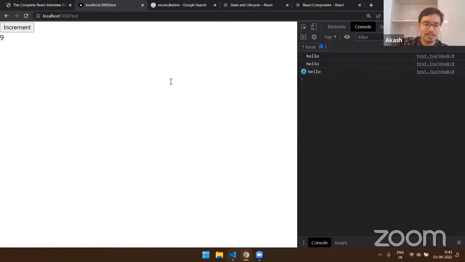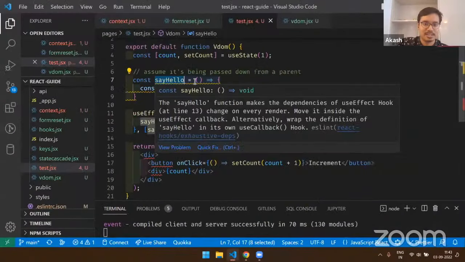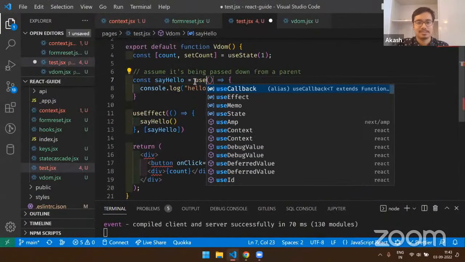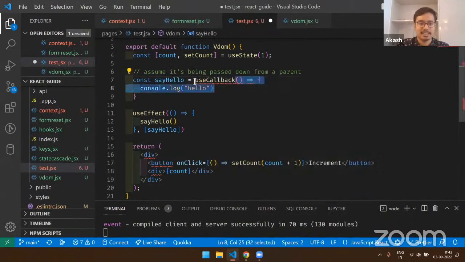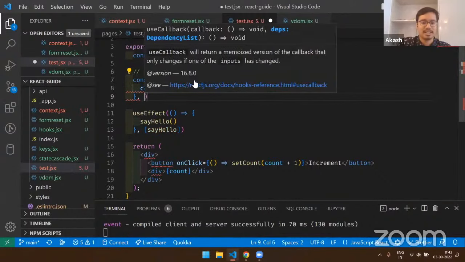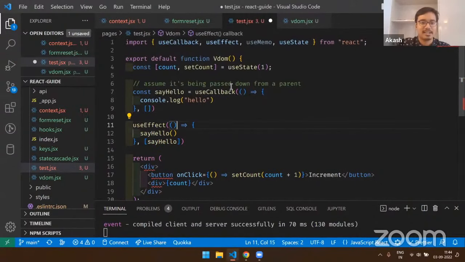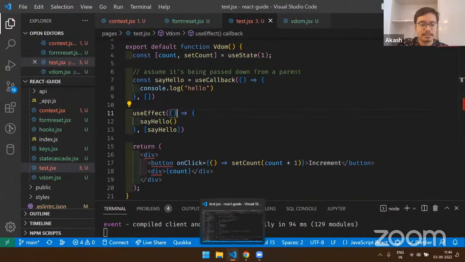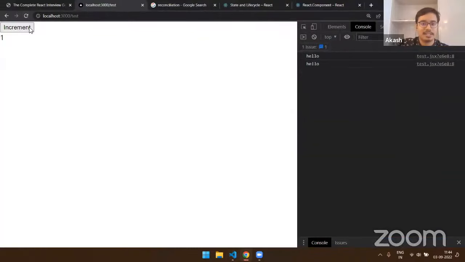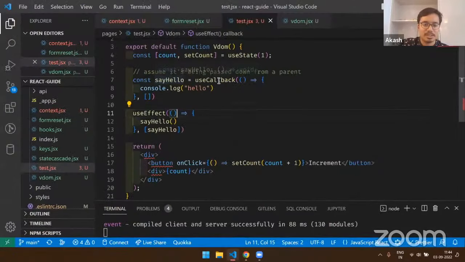So how can we resolve this problem? We can use something called useCallback, and we can wrap this whole function in useCallback here. Do I have useCallback imported right now? Yes, I do. So if I refresh this and if I click on increment, then we can see that hello is no longer being called every time. This is because the reference to the hello function has been